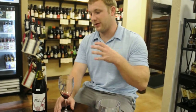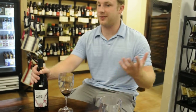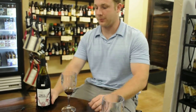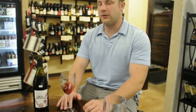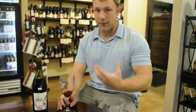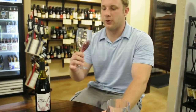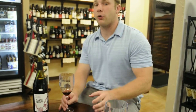Using the oxygen, because a lot of these wines haven't seen or felt any oxygen since they were bottled, because they're bottled with as minimal an amount of oxygen as possible, because it can hurt the wine. So they need a little bit of oxygen to breathe. Once they open up, it starts to unlock some of the wonderful flavors that you get. After you've swirled and properly aerated it, which of course some people will actually get an aerator to do,